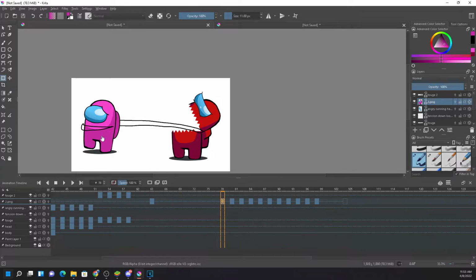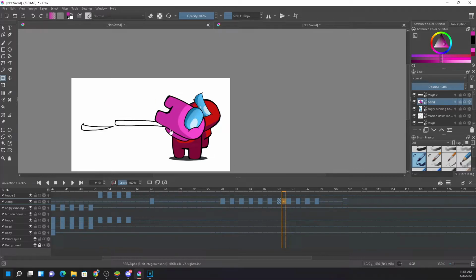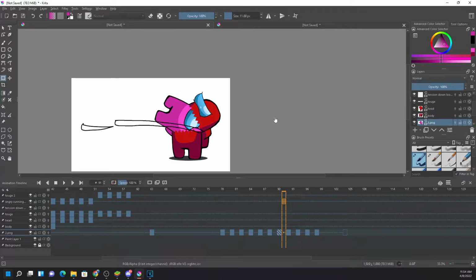Now I need to color this background, and at the time of it, you can see this pink is above the red. I just want this layer to be below the red, like this.